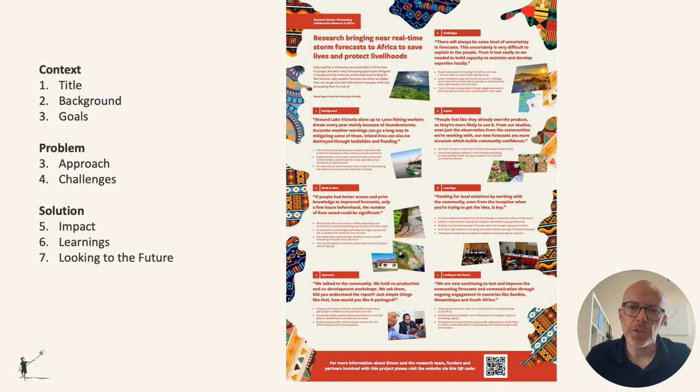So we structured the stories into these 8 chapters: the title, the background, goals, approach, challenges, impact and learnings, and looking to the future. So at first glance, that looks more complex than a 3-stage arc as described earlier, but actually it's just a detailed version of context, problem, solution. The first 3 chapters are context, the next 2 chapters are problem, and the final 3 are solution. So you can see here an example of how the A1 poster would appear, and you can see even from this visual how that could be divided up into 8 slides.